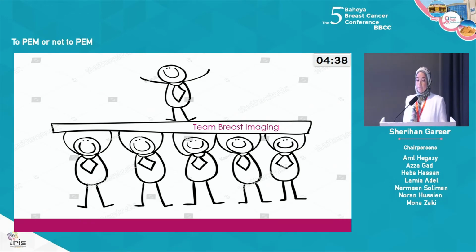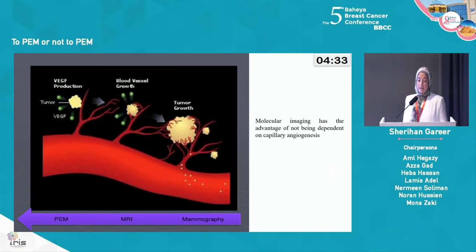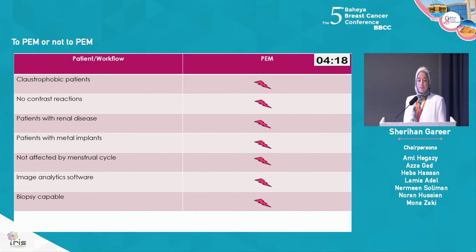So do we need another imaging modality on the breast imaging team? It has been shown that molecular imaging has the advantage of not being dependent on capillary angiogenesis. So that's why tumors can be discovered at an earlier stage than MRI and at an earlier stage than mammography. It has the advantage that claustrophobic patients can perform it. It has no contrast reactions. It can be done with patients with renal disease, with metal implants, should not be affected by the menstrual cycle,